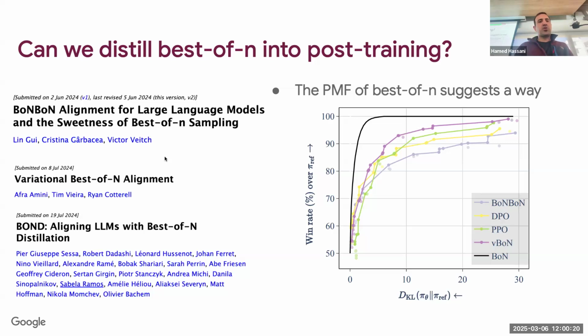So these slides I actually created in July 2024. But now this one is published in NeurIPS. These two are appearing in this year's ICLR. So basically, you can also use that and distill best event into a new model, and that gives you better performance generally against DPO and TPO, so you get performance improvements against them. But still, there is some gap between the inference-time best event and what you can distill into a new